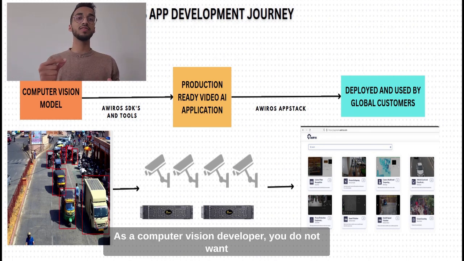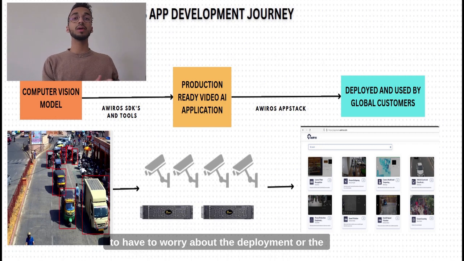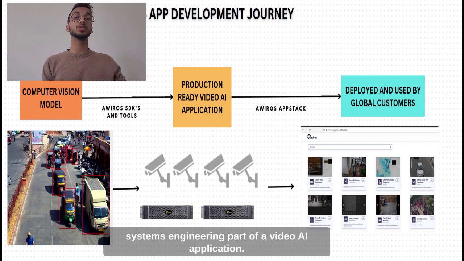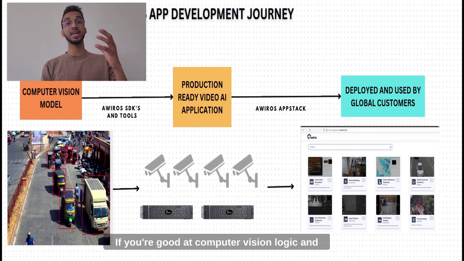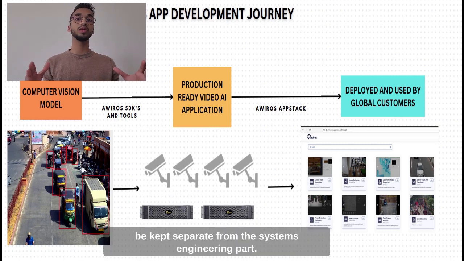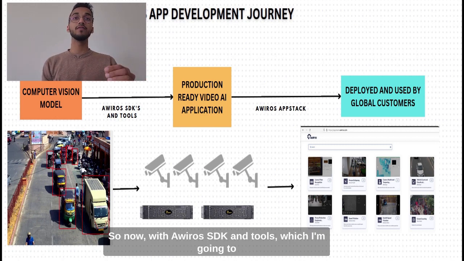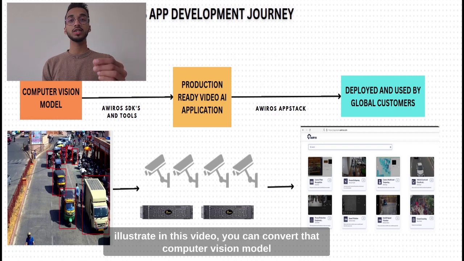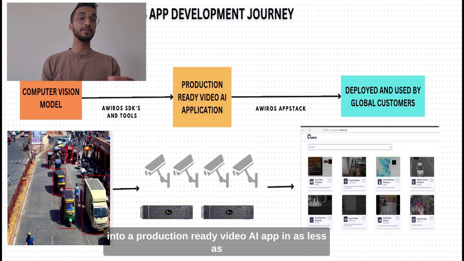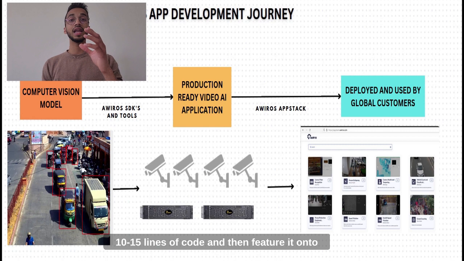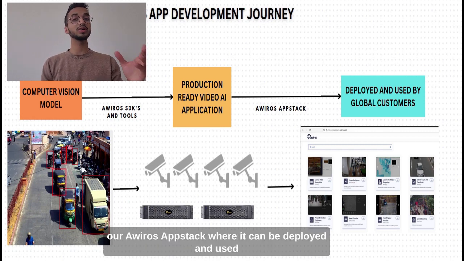As a computer vision developer, you do not want to have to worry about the deployment or the systems engineering part of a video AI application. If you're good at computer vision logic and deep learning models, you should be kept separate from the systems engineering part. So now with Awiros SDK and tools, which I'm going to illustrate in this video, you can convert that computer vision model into a production-ready video AI app in as little as 10 to 15 lines of code, and then feature it on our Awiros AppStack where it can be deployed and used by a